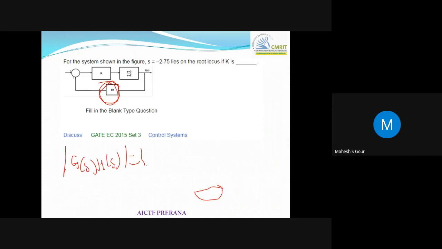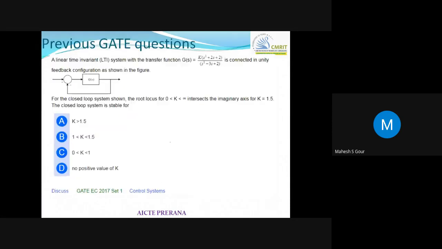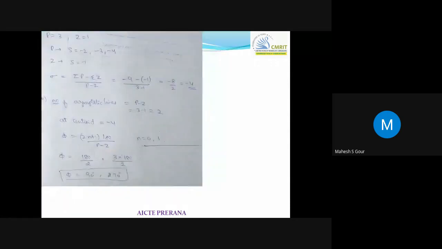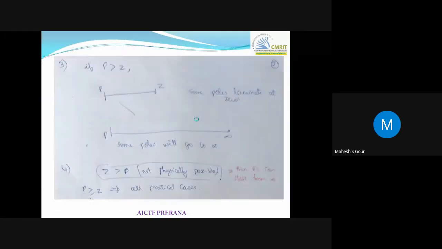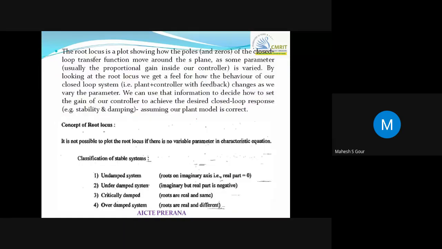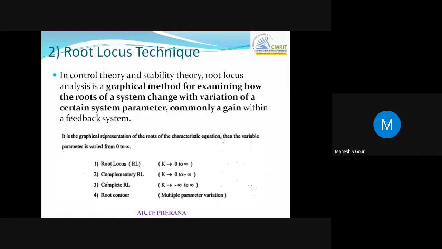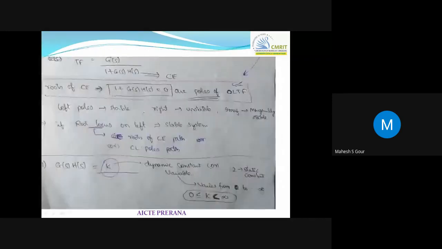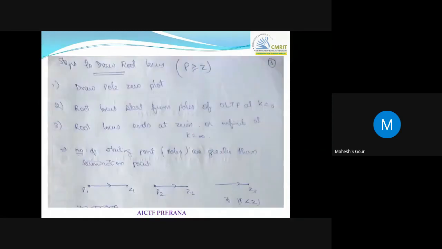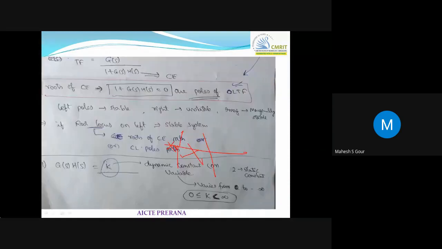Okay, so this is the end. Any doubts in any part of today's class? I'll take 2 more minutes and finish the class. Someone asked why the breakaway point is not at the center. That was a very good question. See, if you want a stable system, it won't be exactly at the center. All the poles and zeros must match. There are many conditions for the breakaway point to be in between the two poles.